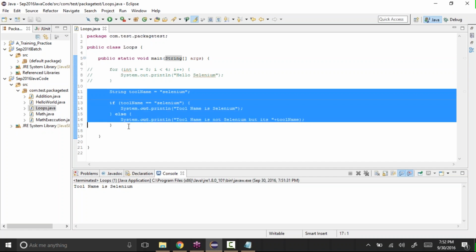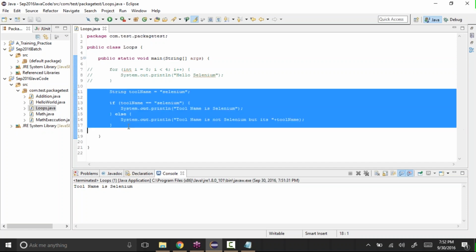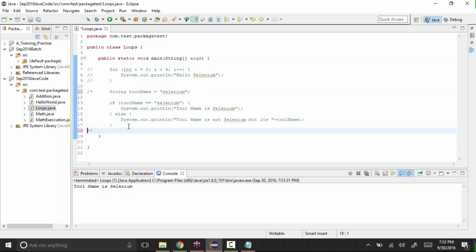Okay, so let me comment this. Okay, so I commented those lines of code. If you want to comment a single line, you can give just 2 slashes, which will comment that line. See, for every line I gave 2 slashes, so I commented everything.